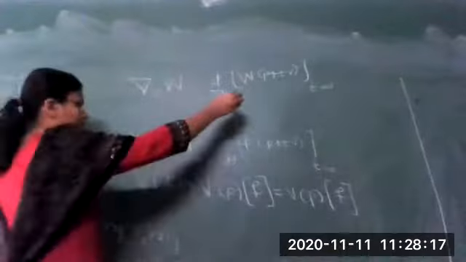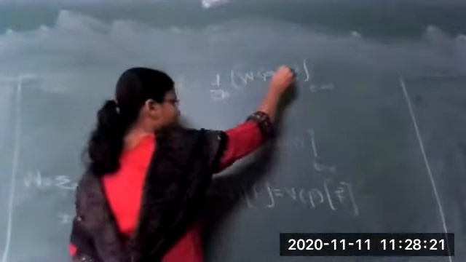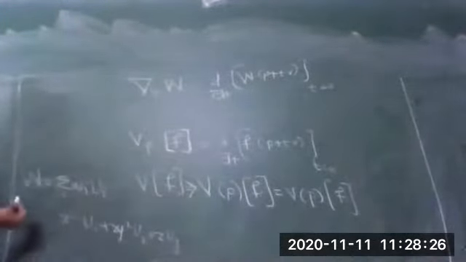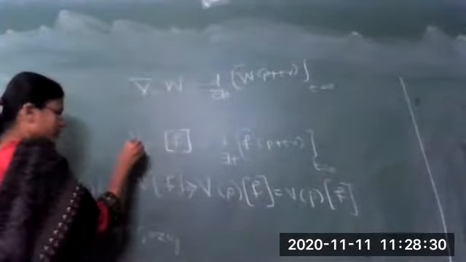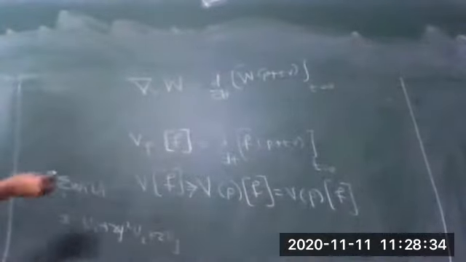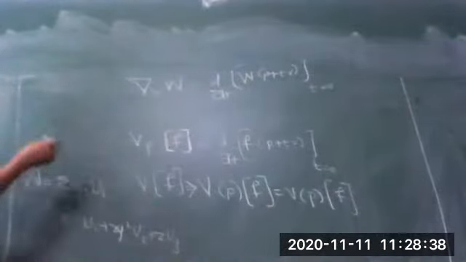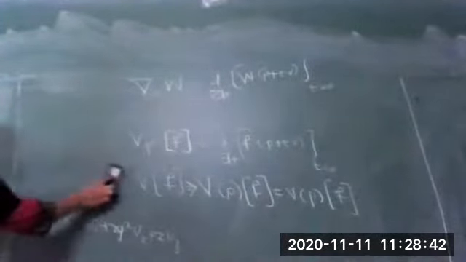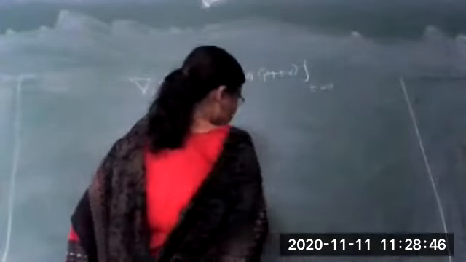Because here we have to find the rate of change of a vector field W at a point P in the direction of a vector field V. So it is very similar to the definition of the directional derivative of a function f in the direction of a tangent vector v. After solving one or more examples, you will understand what this covariant derivative is. So let me draw the covariant derivative image, how it looks.